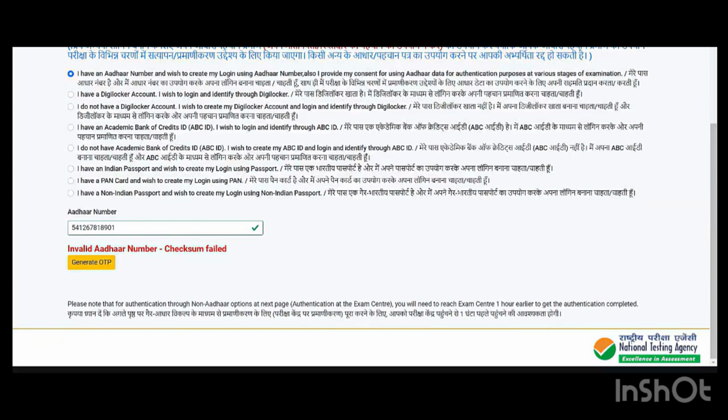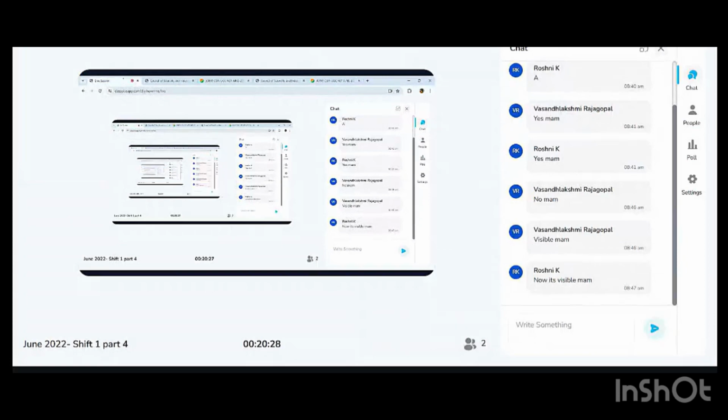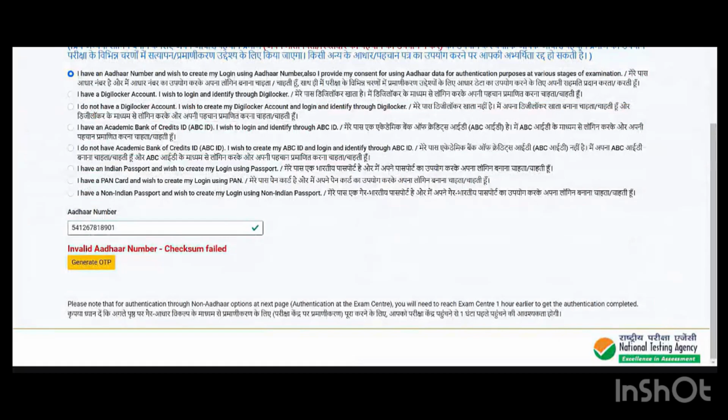First is your registration. After that, the second step is your main form filling. First you have to register, and then it's the main application form where you have to declare every single thing that is asked of you, right? I hope all these things are clear, right? Make sure to fill in the details very, very nicely. Make sure you're not making a silly mistake in filling up the form, first thing. Second, no spelling mistakes should be there.